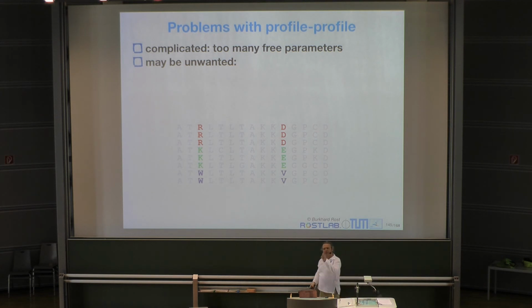When you just compile the probability of a profile at every single position, you completely lose that information. Okay? When you come with the next one, you do not want to align necessarily. Let's look at the consensus probability. The consensus probability in terms would be most likely the W here. In terms of information content, the W would be the outstanding alignment here. But this really may not be it. It depends on what you have here, what you want to align here. And that is not at all captured in the profile. So, takeaway on this one simply is you may not always want profile in alignment, but let's see what we